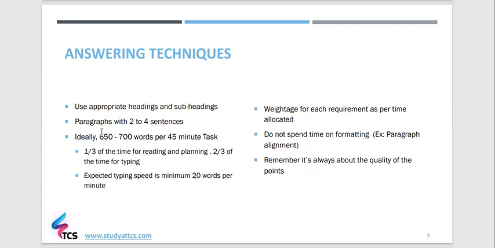The examiner asks you to come up with a paragraph per answer point. Let's assume that for a certain question, you are supposed to provide 10 answer points. If there are 10 valid answer points which you are trying to highlight, you need to have at least 10 paragraphs. So for each answer point, you need to have a paragraph. And when you provide answers in paragraphs, the invigilator's life becomes easy because the invigilator, when marking your paper, is involved with something called speed reading.